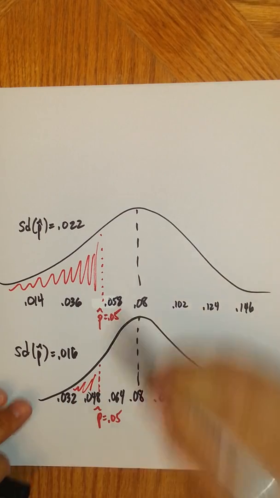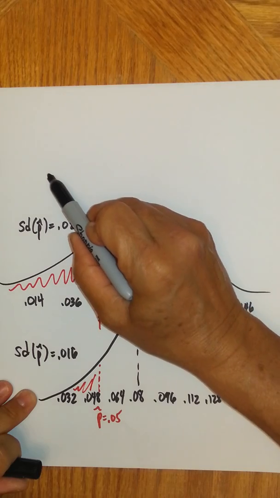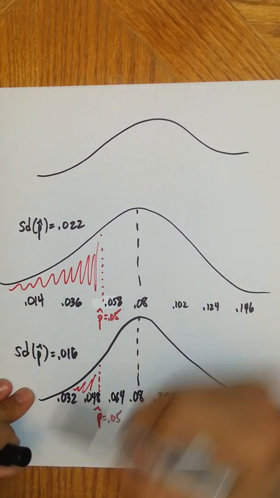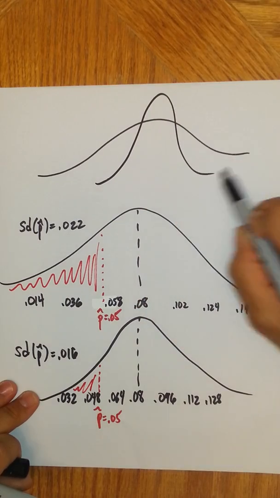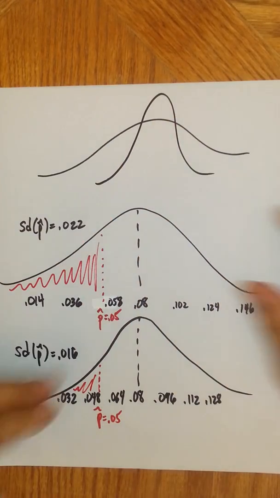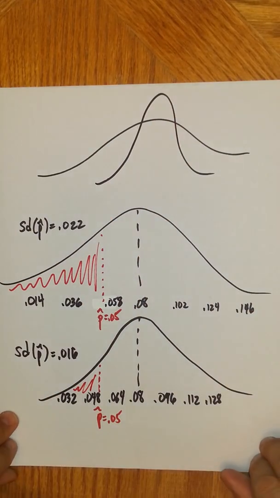And if I exaggerate that, it would be like the difference between something like this versus this, right? So your distribution is much tighter. So hopefully